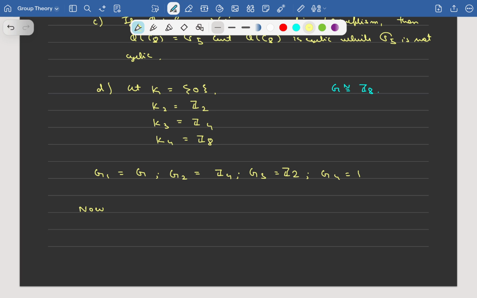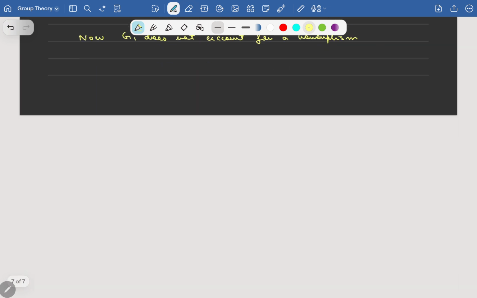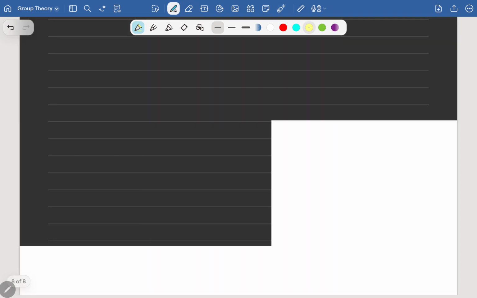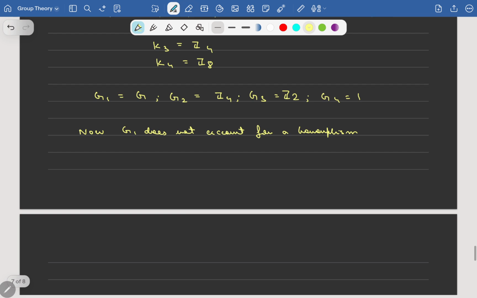What do I have here? So now we have already proved that there is no injective homomorphism, so K1 will obviously not be a case. So G1 does not account for a homomorphism. So this is exactly the case, that there is no injective homomorphism. What about G2? So is there a subgroup of S5 which is